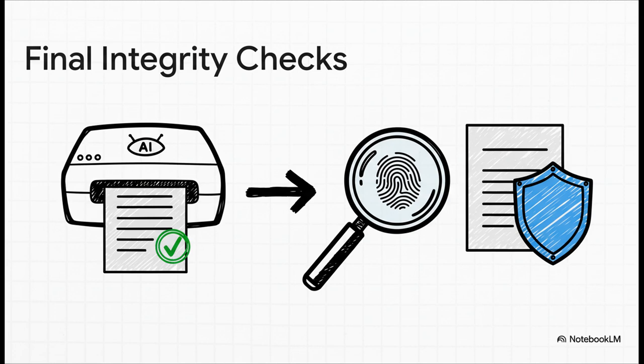But hold on, before you hit that submit button, there are 2 last checks that are absolutely critical. First, run your writing through an AI detection scanner, like the one in SciSpace, just to make sure you're in the clear. And second, run a plagiarism check. PaperPal is powered by Turnitin, which is the same software universities use, so you know it's legit.